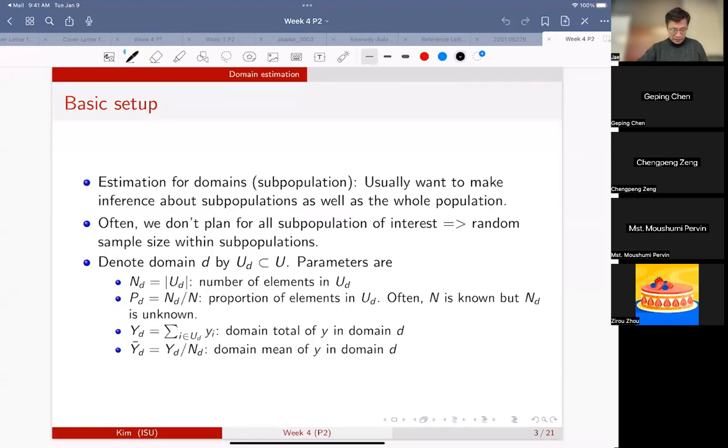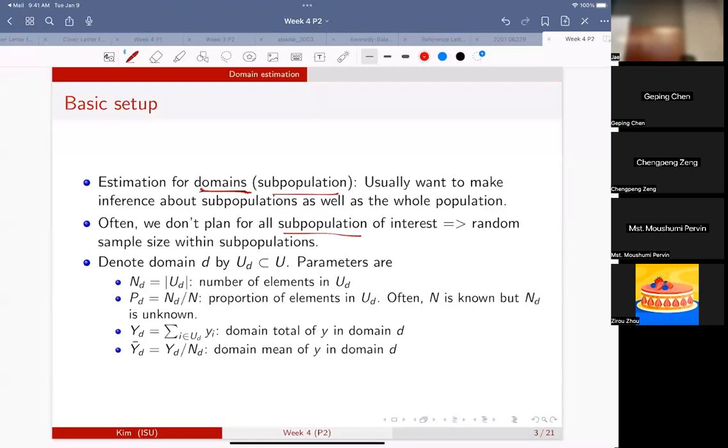So domains, usually a subpopulation. Usually we want to make inference about subpopulations as well as the whole population. If we plan the subpopulation in advance, then we stratify. We use a stratified sample, right? But suppose that information is not available. For example,